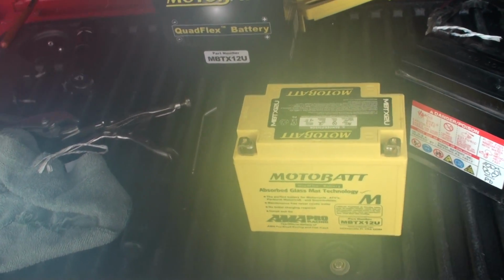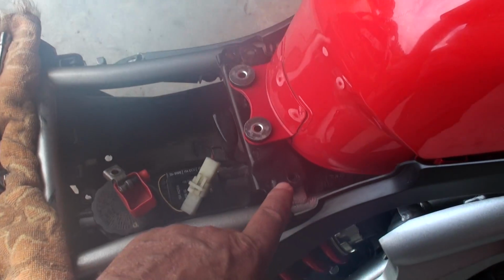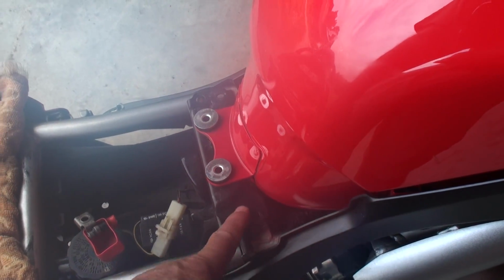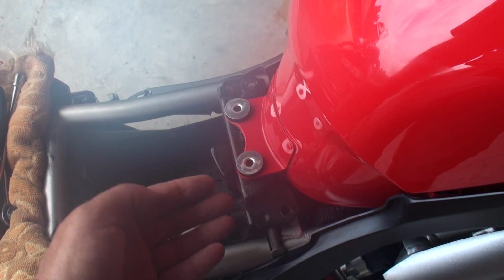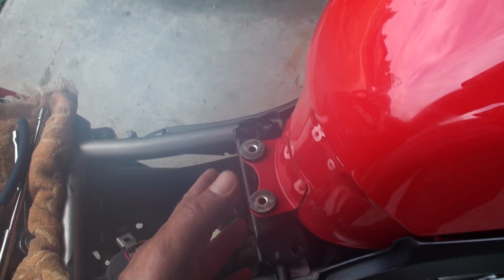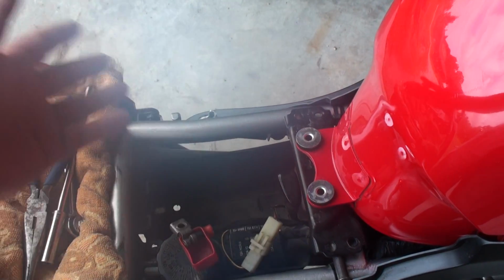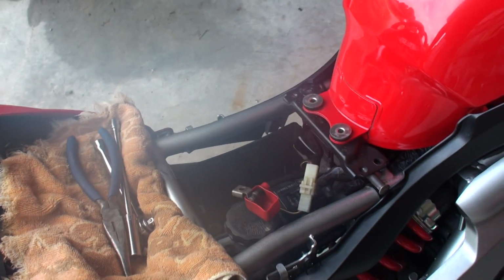So I'll just hook those little pieces in there and drop it down in there, and I didn't have to loosen anything. All I really did was pull these bolts out right here. And by the way, your wiring harness hooks to this piece underneath, so you can't move it very far. Luckily, I only needed to slide it forward slightly, up slightly, and then forward slightly, which I did by pulling these screws out, and that gave me just enough room to lift the battery in and out without having to do anything else. So I just wanted to show that,